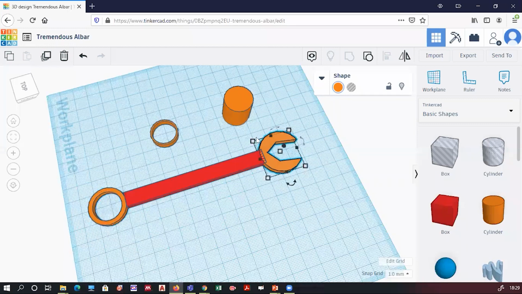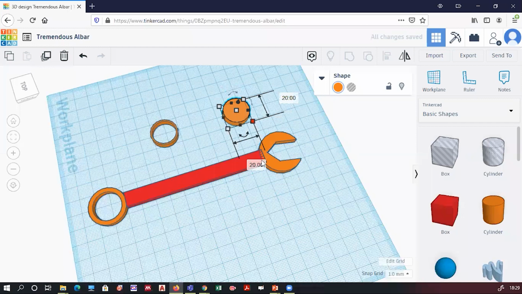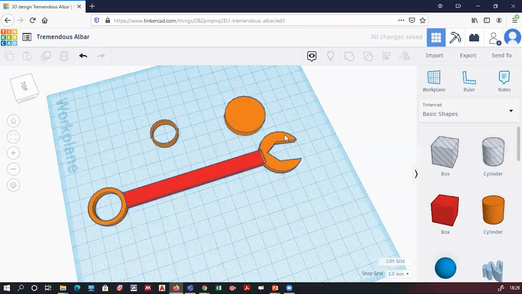I prefer to go by 30. 30 for this cylinder, 30 and 25 for this. After making a cylinder, the height should be the same as you kept previously, keep it 5, and the diameter on both sides keep it 30. Now what I have to do, I have to create this shape, right?